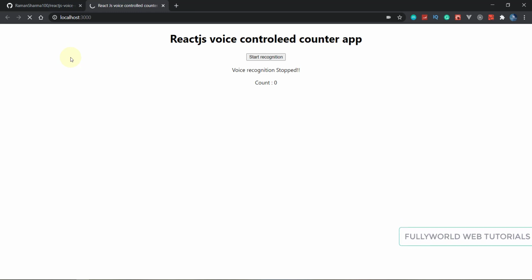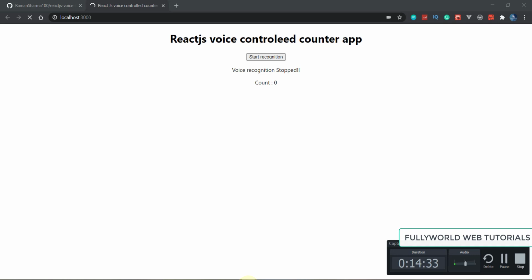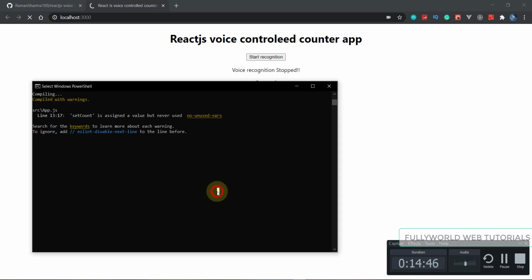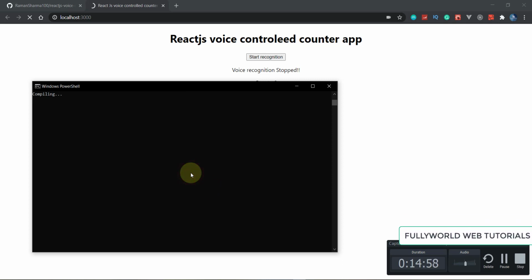But if you do it without recording, it will work very smoothly. Actually it was not compiled successfully previously. Now it is compiling again. Now it is compiled successfully and we don't have any warnings.